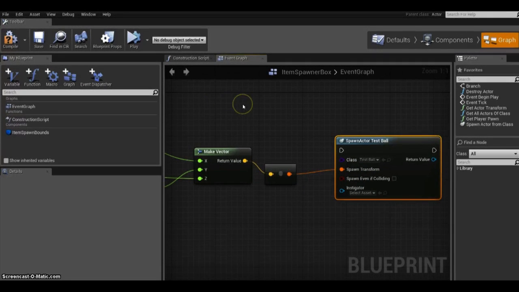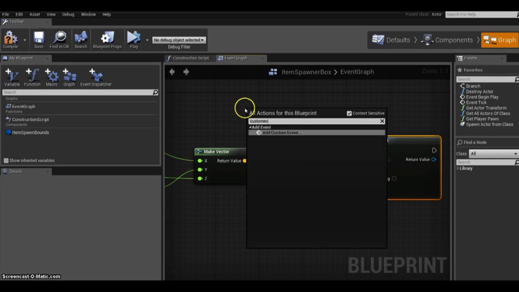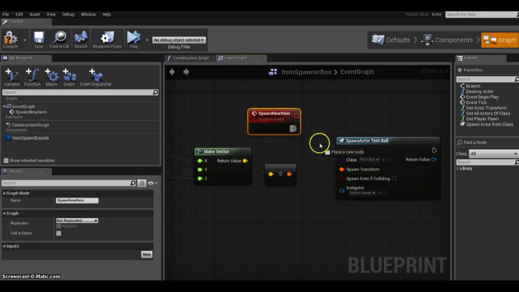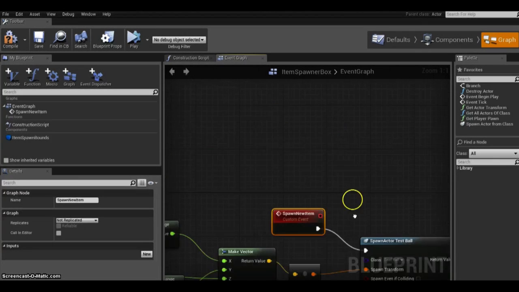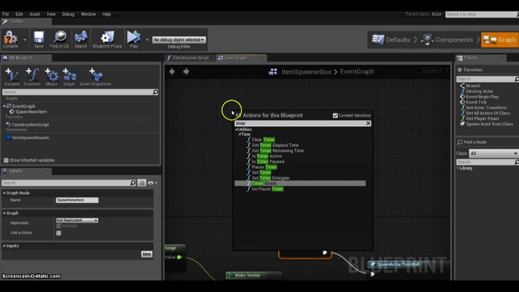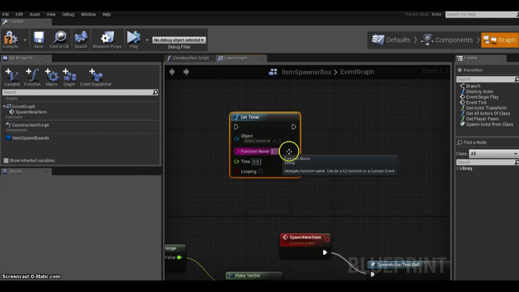And now we want to connect this to an event, but I'm not going to connect it to begin play because that would just spawn one item at the beginning and that'd be it. Well, we want it to spawn items every few seconds. So I'm going to make a custom event here, and we'll call it spawn new item. And what I will connect to begin play is a timer that calls